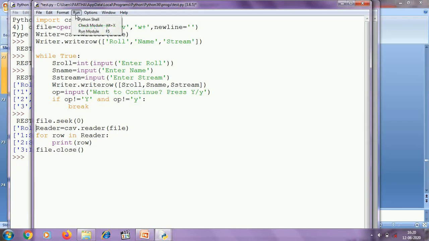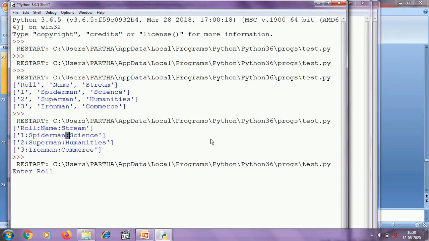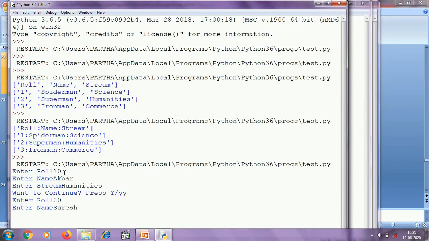Let's check. Enter role, for example 10, enter name, for example Akbar, stream humanities. Want to continue? Yes. Enter role, for example 20, enter name, for example Suresh, stream commerce. Want to continue? Yes.